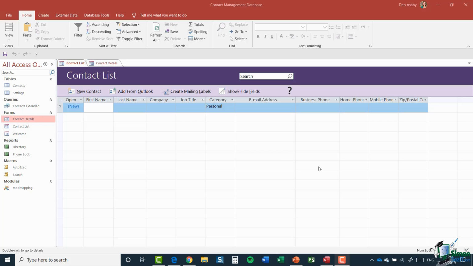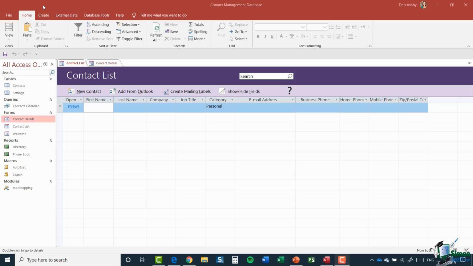In this module, we're going to take a look at the Quick Access Toolbar, and I've pointed this out to you quite a few times so far in this course. But what I really want to show you in this module is just how you can customize it to suit your own needs. Now, as we've mentioned before, the Quick Access Toolbar, you'll either find it above your ribbon in